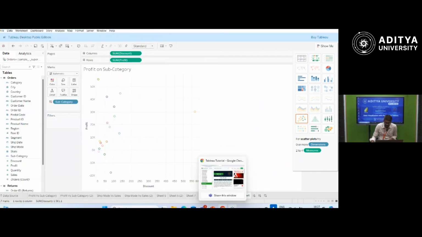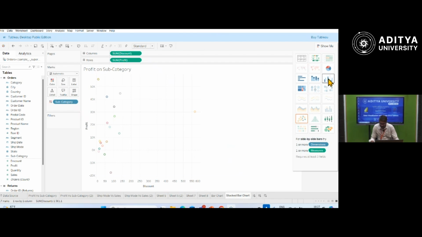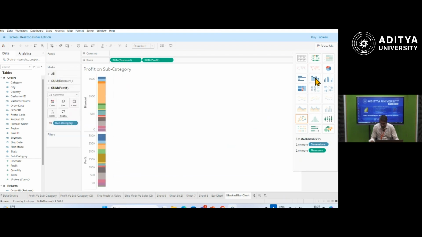Multiple measure line chart. Yes, okay. Now what I will try to do is, I will try to present something like,